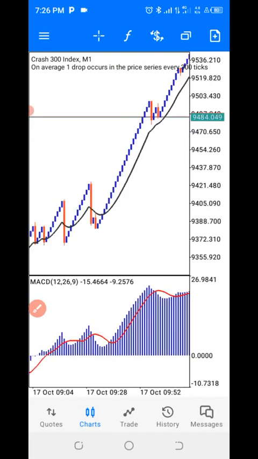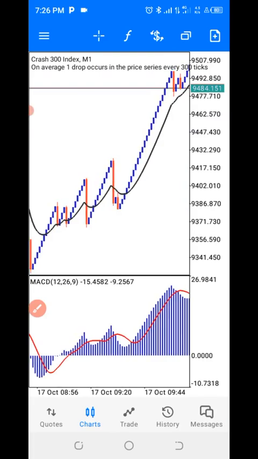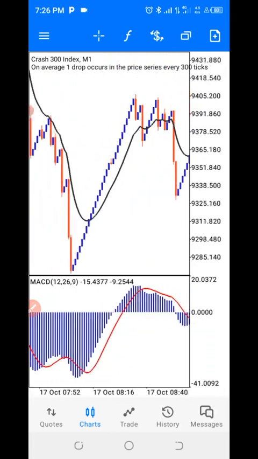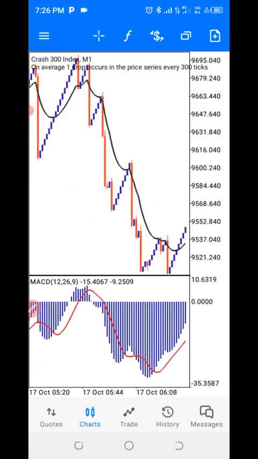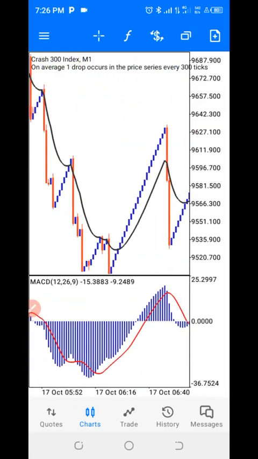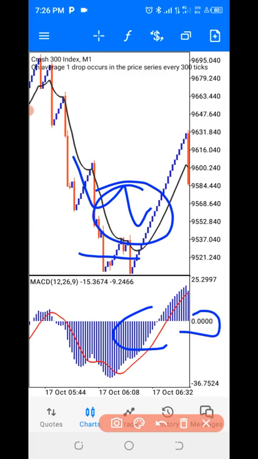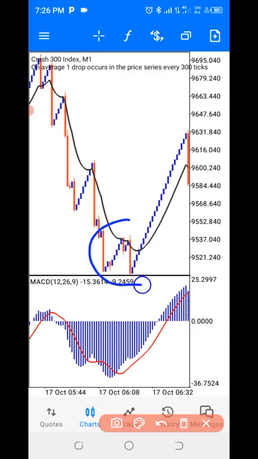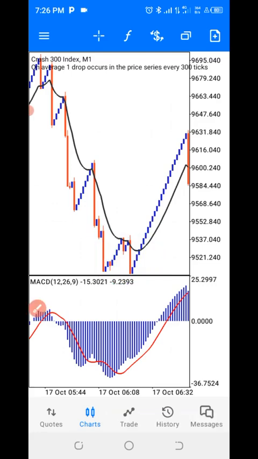Your MACD is above the zero level, right? So there are a lot of opportunities there. So this is another example, right? If you really want to enjoy this, just make sure you backtest very well. This is your W, right? Even your moving average will actually confirm it for you, right? So there are a lot of them.